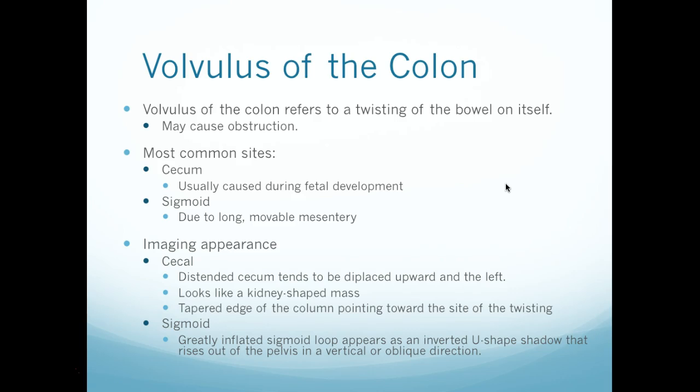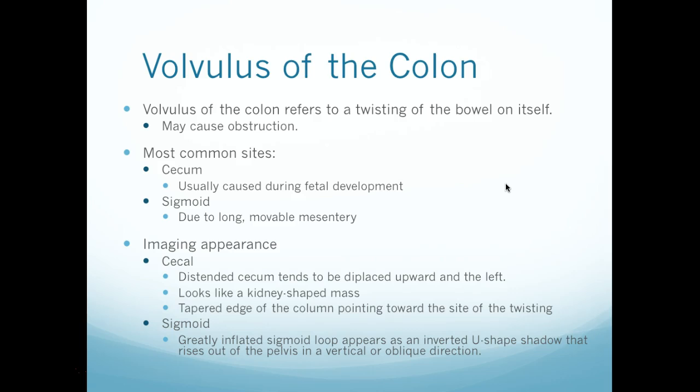Okay, a volvulus of the colon. So a volvulus is when bowel twists upon itself. It can cause obstruction, of course. The complications that arise from that, what we've talked about before, are the vascularity. So it can strangle the bowel where it's not getting the nutrients that it needs. So most common sites is the cecum. It's usually caused during fetal development, and the sigmoid due to long movable mesentery. So the mesentery is really long in those areas, so it's easy for it to kind of get twisted up